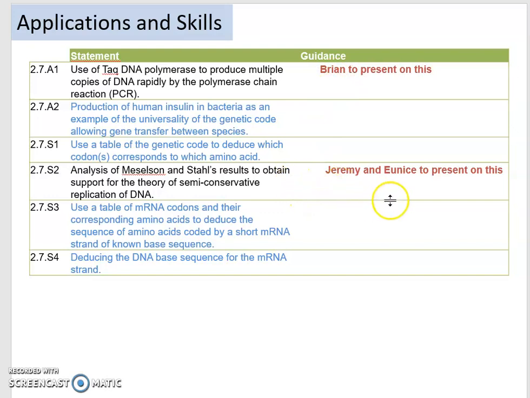In a similar way, Jeremy and Eunice, what I'd like you to look at is the analysis of Meselson and Stahl. And Meselson and Stahl were individuals that put forward evidence to support this idea that DNA was replicated in a semi-conservative way. And we'll look at what we mean by semi-conservative later on. But again, put that on your radar. FYI, this comes up quite a lot in past papers,